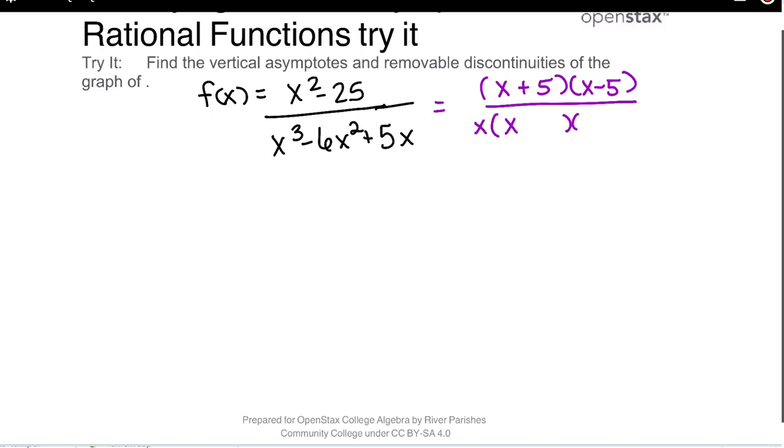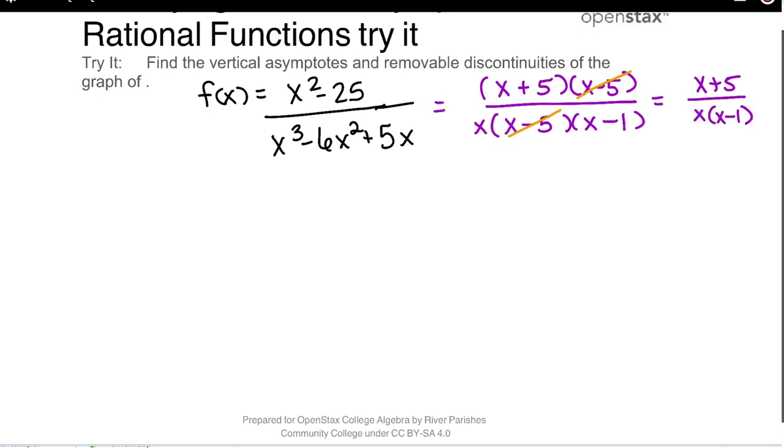That trinomial factors into x minus 5 times x minus 1. Okay, so what we find is that the x minus 5's cancel, and that leaves x plus 5 over x